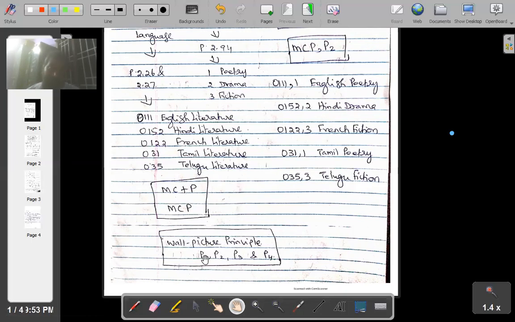If language is there, then form. If form is there, then author. If author is there, then the author's individual work. So unless we have a wall, there is no picture. The same way, unless you have P, there is no P2. If there is no P2, there is no P3. If there is no P3, there is no P4. Imagine, if there is no language, there is no literature. If there is a language, then there is a possibility of having many forms of literature. If language is there,